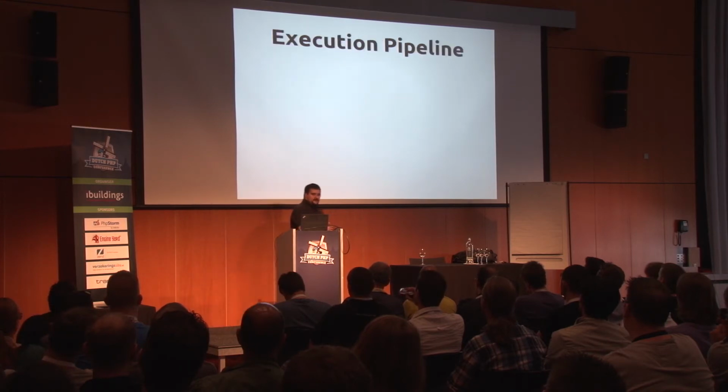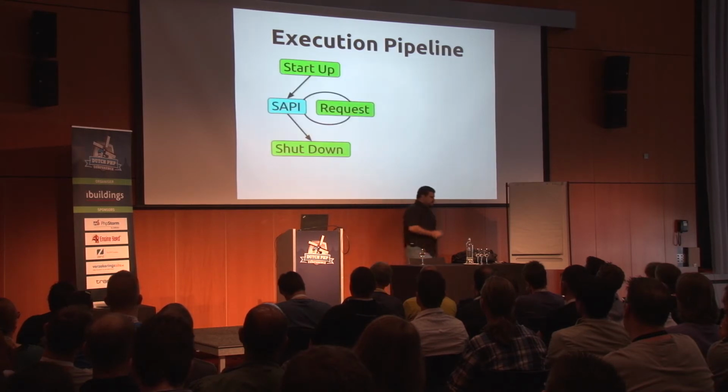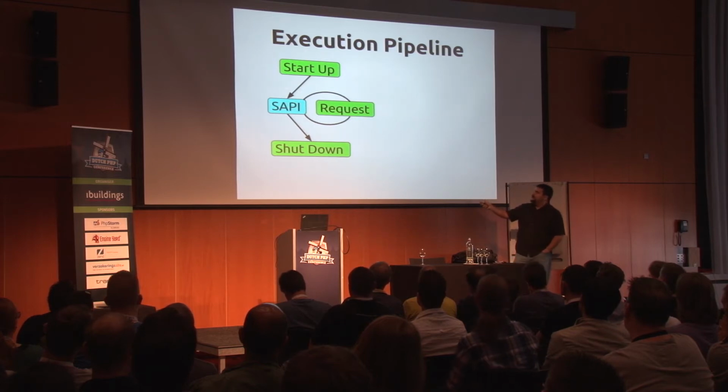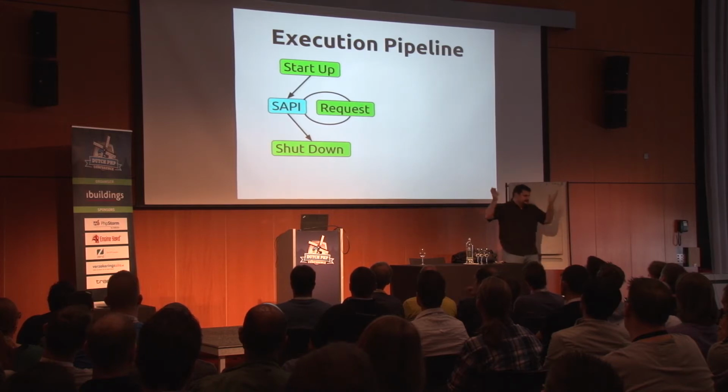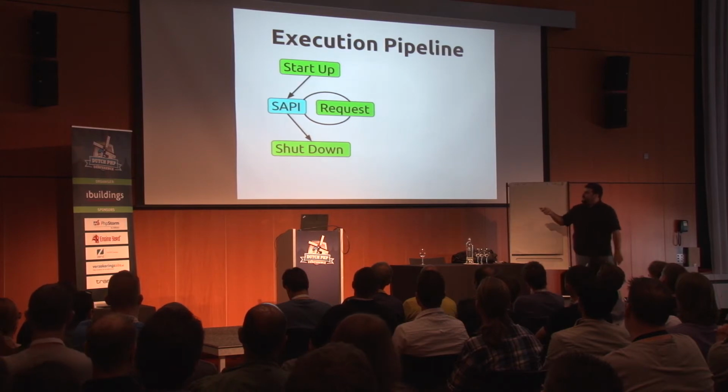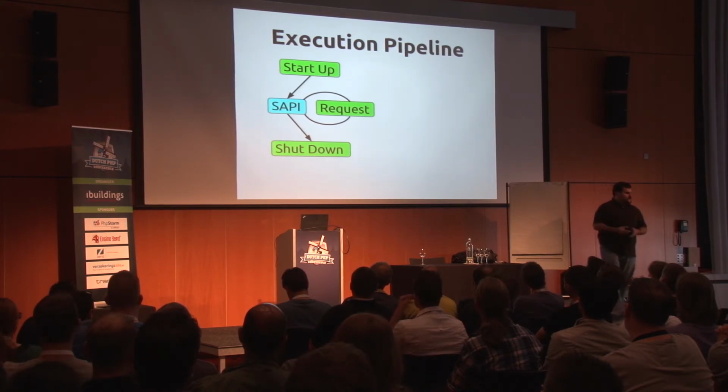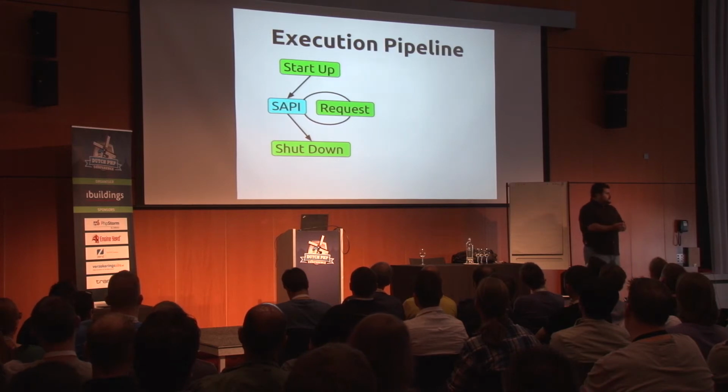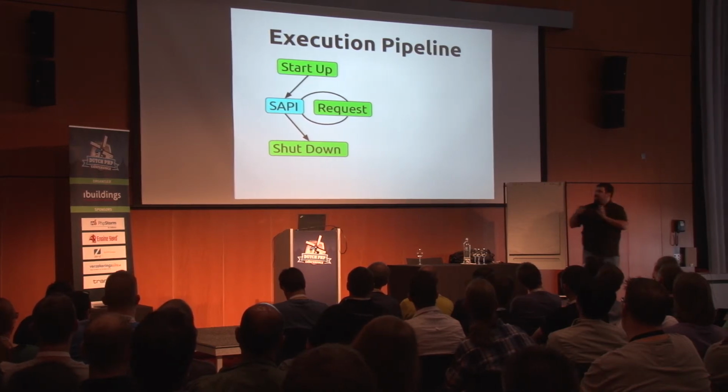So let's talk about the engine a little bit. What happens when we call PHP on the command line? Well, realistically, there are three main phases. And the arrows are a little bit weird here because the SAPI starts the startup, which then hands control back to the SAPI. Whatever. It's a little bit wonky. But basically, then the SAPI dictates a request. So if you're on the command line, it starts up and says, all right, I want to execute this file, hands it off to the engine to execute the request, and then the request comes back to the SAPI and says we're done, and then the SAPI can decide what to do from there.